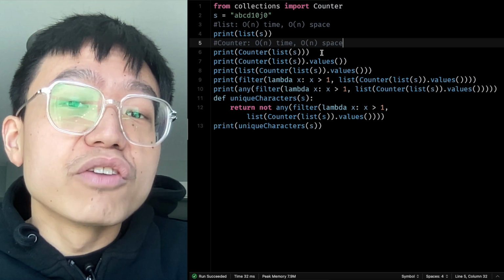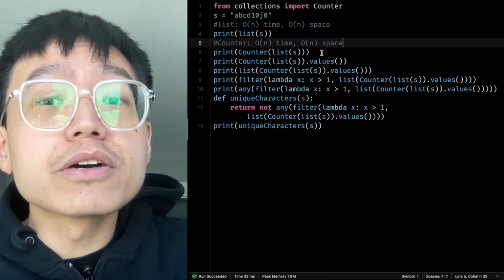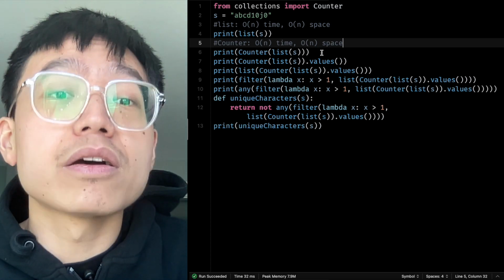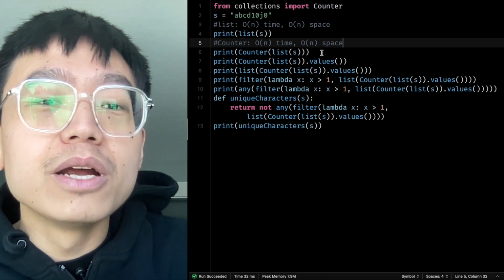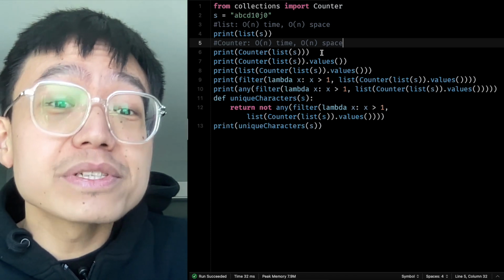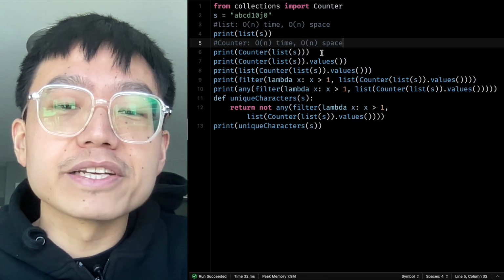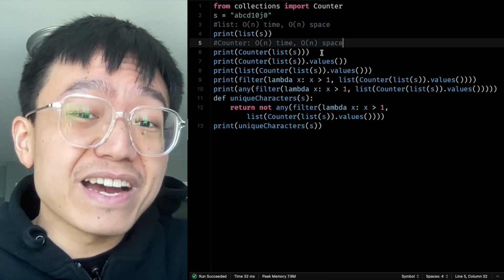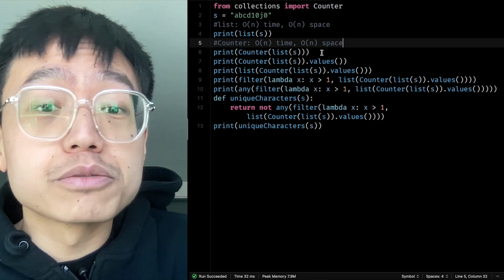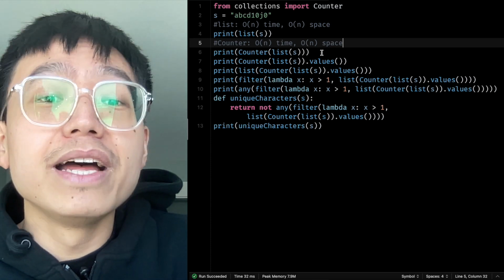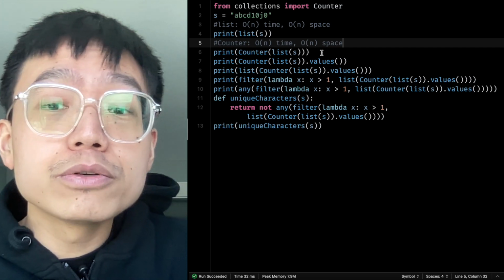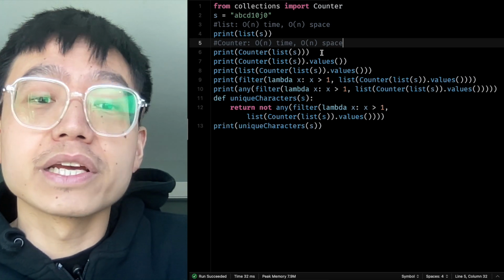We need to iterate over the items in the input iterable list of the characters and count the frequency of each of them. So this operation requires us to examine each item in the input iterable at least once. So the time complexity is proportional to the number of items in the iterable, which makes it O of n time, where n is the number of items in the input iterable, and the space complexity is O of